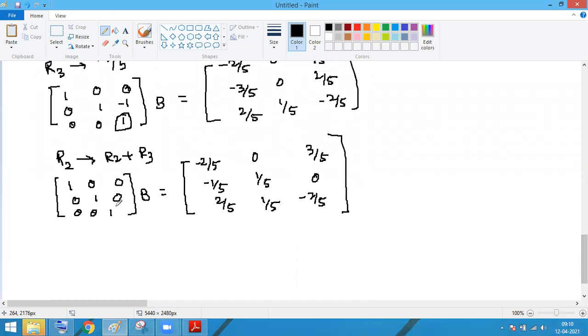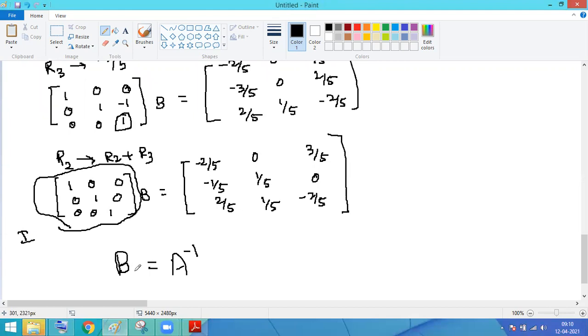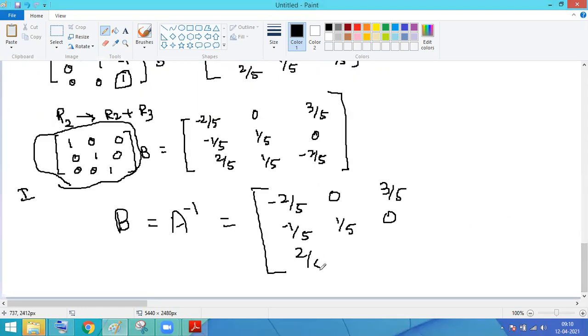so this is all about your inverse। Now it becomes identity, so you will get b equal to A inverse, because this became identity now, this will become I, so I into b is b, equal to basically A inverse, and then the answer for this question is -2 by 5 0 3 by 5, okay, -1 by 5 1 by 5, okay, 0, then 2 by 5 1 by 5 and -2 by 5।